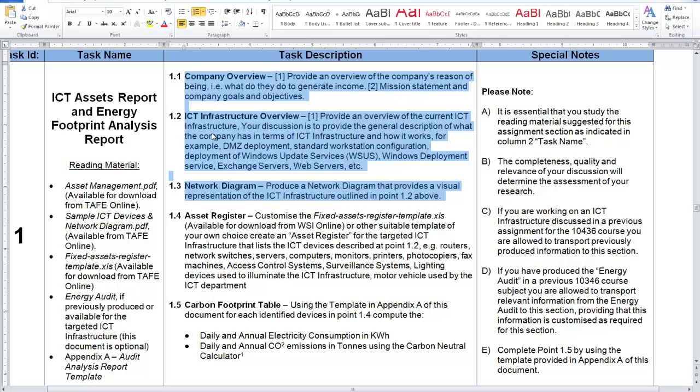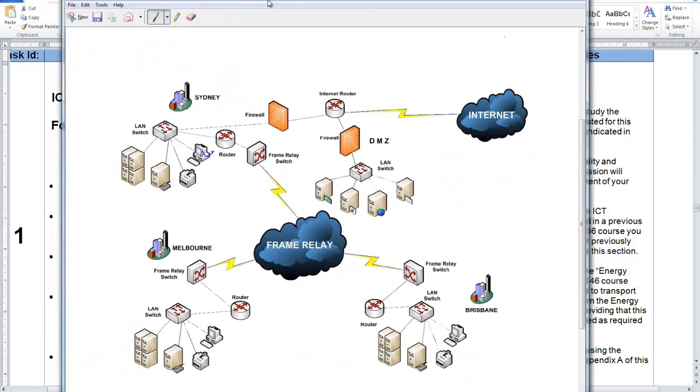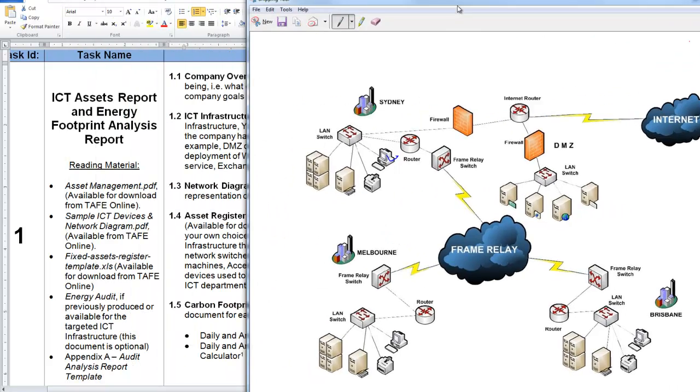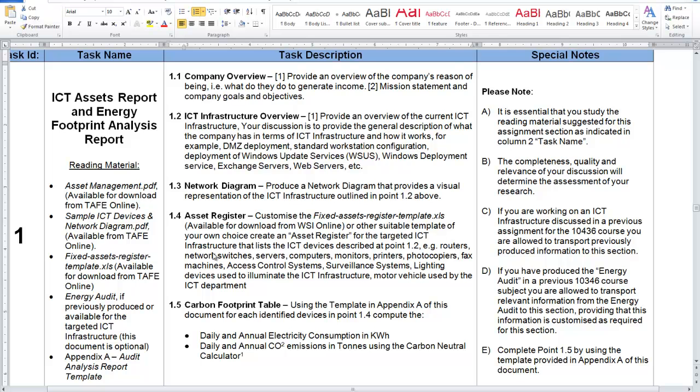So far you may have created a lot of information already in previous assignments. So therefore, this section here will not be so difficult to do, because if you have already created the network diagram, you don't have to reinvent it, just bring it back in, right? And also the 1.4 is the asset register. Now this is totally new to